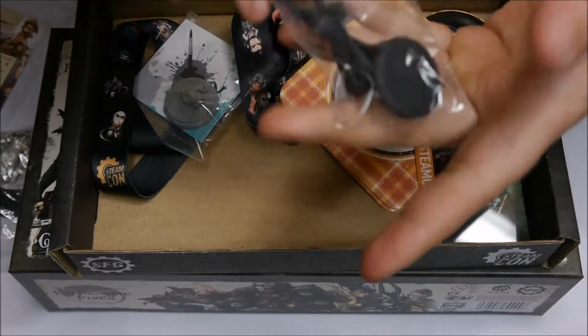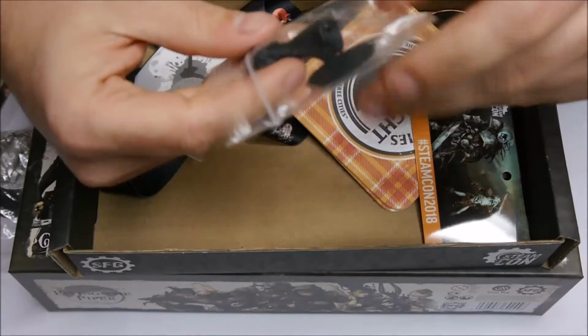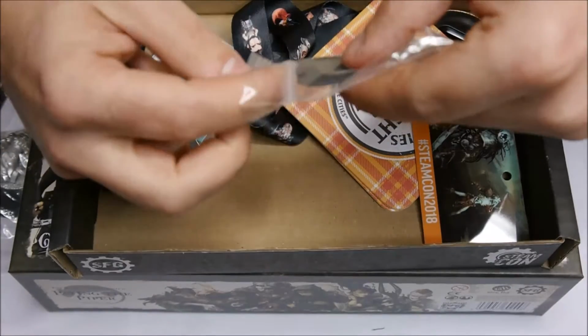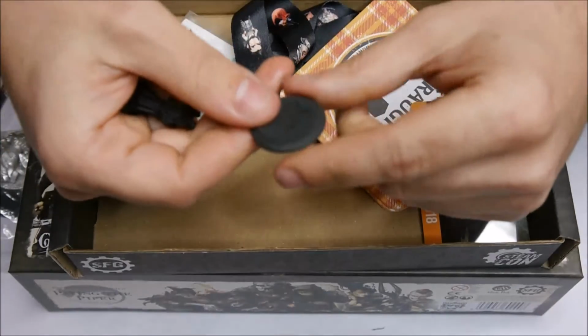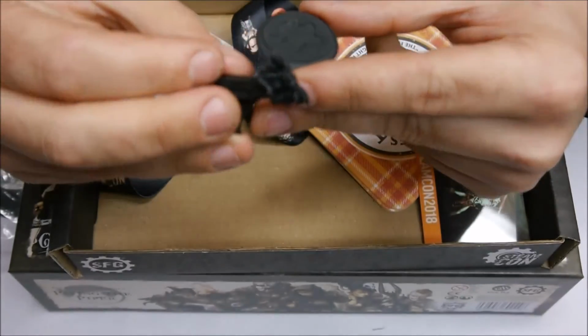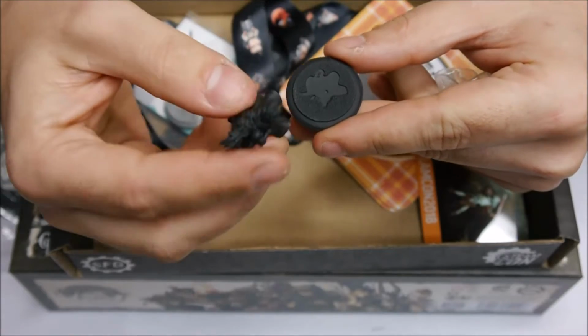But the main cool things are the extra miniatures. So I'll just unbag the version of Obulus. This is a resin version of Obulus, so I've got to be really careful. And he gets his specialised base. That's him there, which is really cool, and he stands,